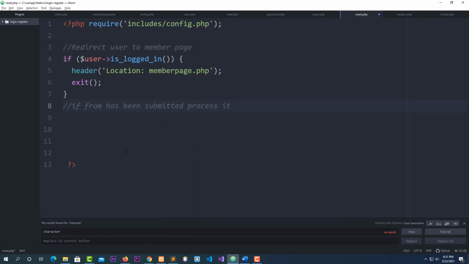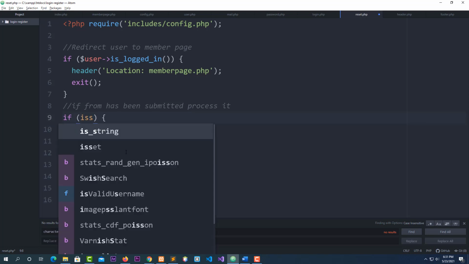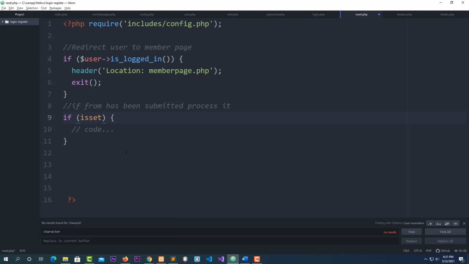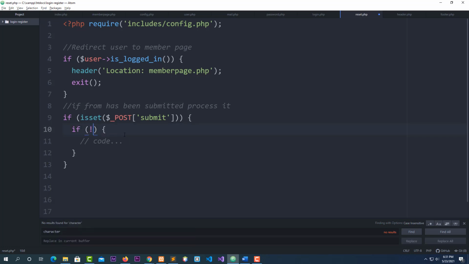process it. Okay, I'm going to say if is set. Now post submit. Okay, this is where I'm going to pass all my code. If is set submit, and now I have to say if not, okay, post. When the user clicks on the submit button, guys,